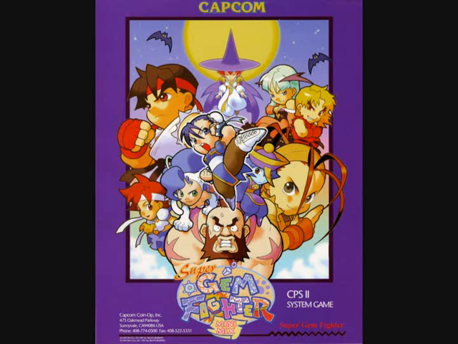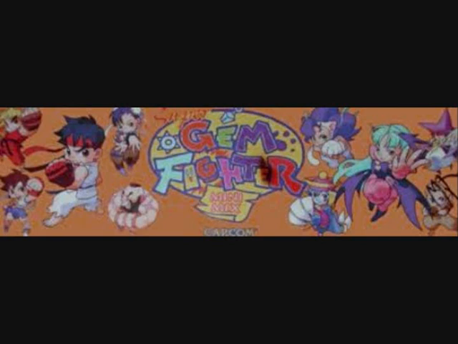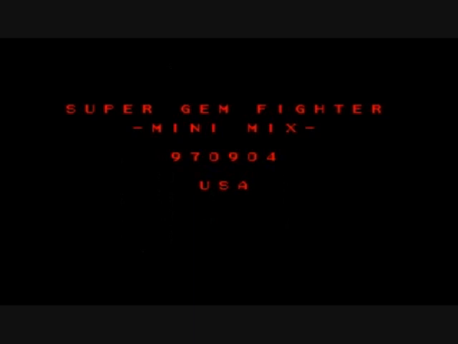Hey folks, Crazy Climber 80 here again, and this time we're going to look at a game called Super Gem Fighter Mini Mix. This is also known as Pocket Fighter, and this was created by Capcom in 1997 on their CPS2 arcade system, and this game was suggested by YouTube user Nat The Old Schooler 99, and it is part of the Street Fighter series, and it has various characters from the Street Fighter series and the Darkstalkers series and a game called Warzard, and they fight in a chibi style. They are very small versions of their regular game characters,